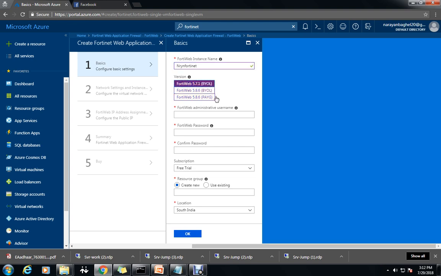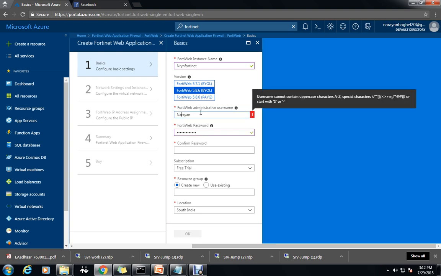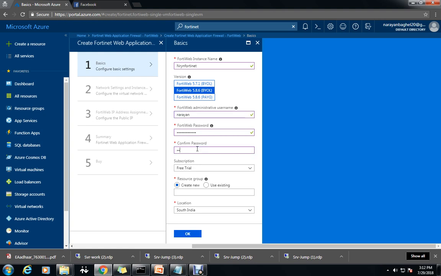I'm going with whichever is coming, the higher version, this one, 8.5.6, and here we need to give an administrator name who can access this. So again I gave my name, and the administrator name should not start with uppercase, so I gave small, and a password for this, so we will use this for accessing this